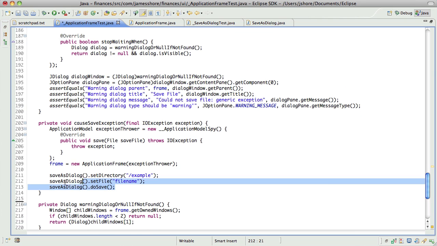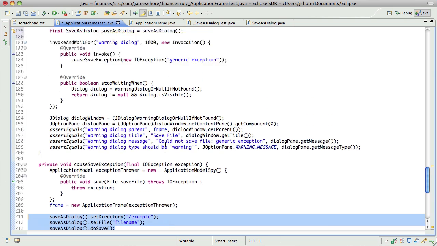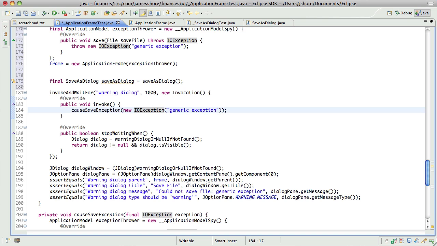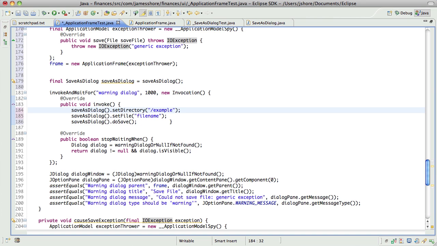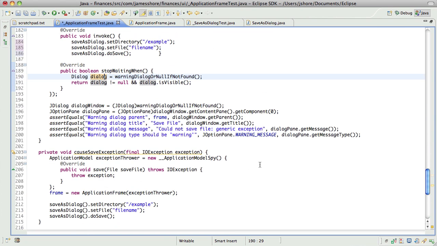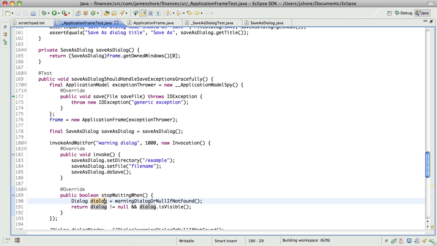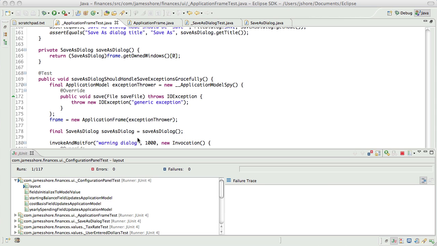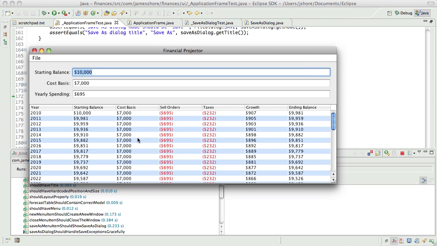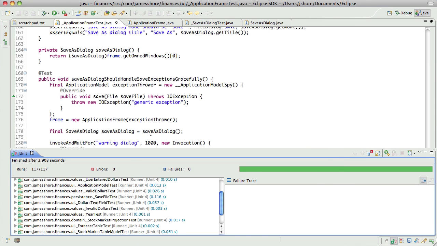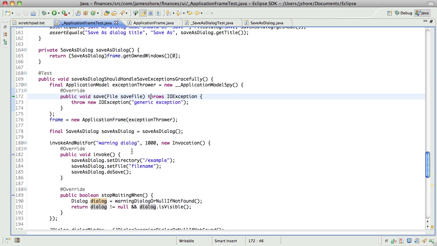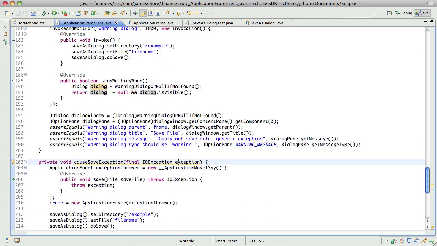And then this here. All right, so I've just gotten rid of cause save exception, I hope. Let's see if this works. Good, it does work. Okay, so now that I've gotten rid of cause save exception,